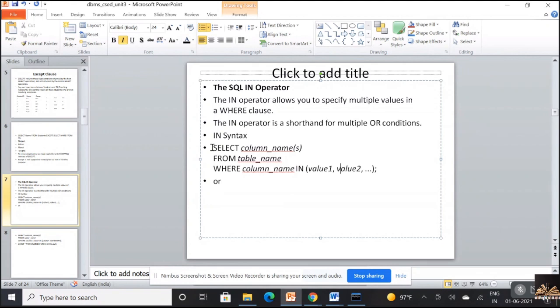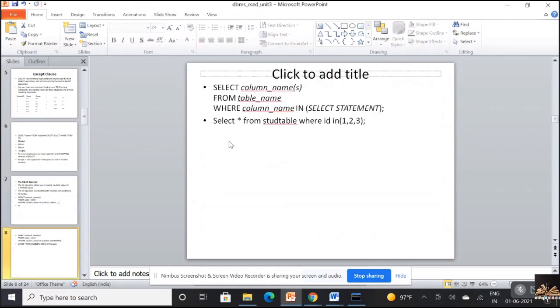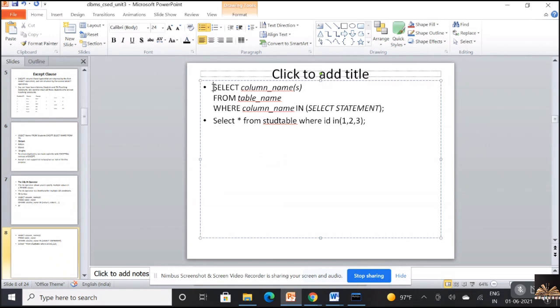Then you use the in operator. Okay. Or you can even work with a select statement within an in operator. So select column names from table name where column name in one more select statement based on the condition you're going to work with in the where clause.